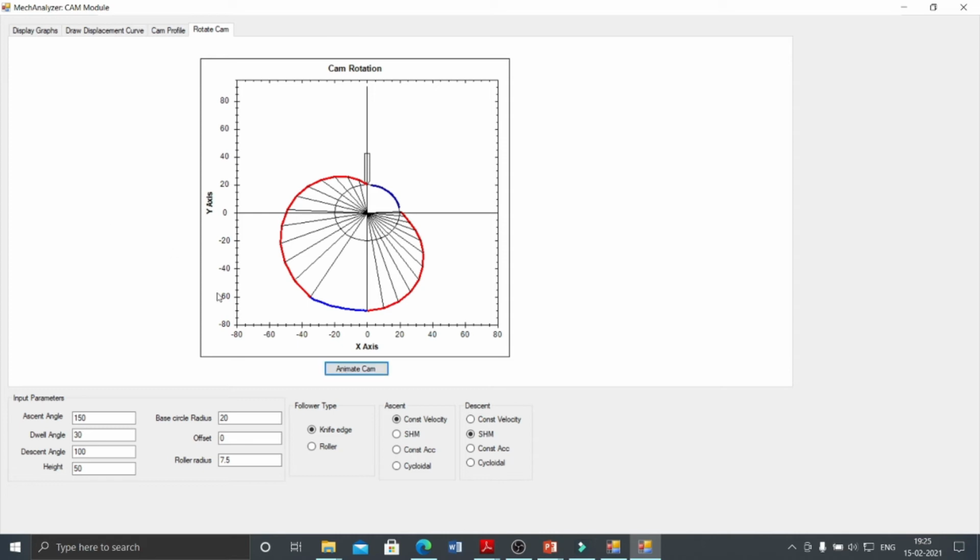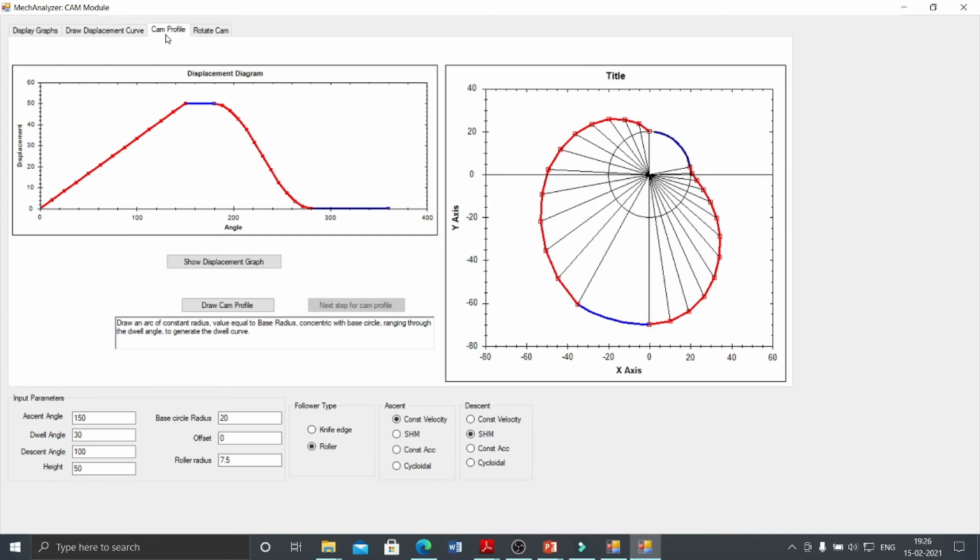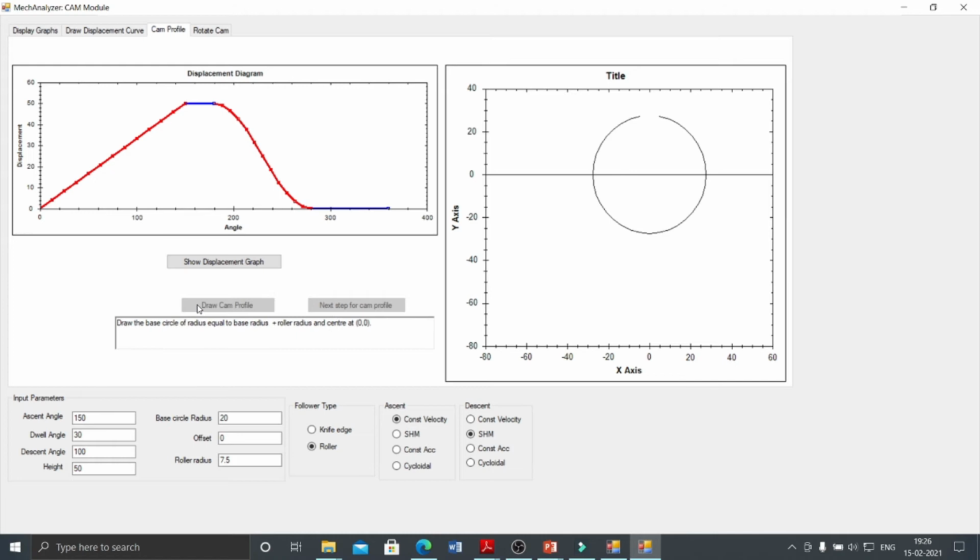Okay, now I want to see the roller follower and draw the cam profile for the roller follower. Again, just click on draw displacement diagram, then click on draw cam profile.